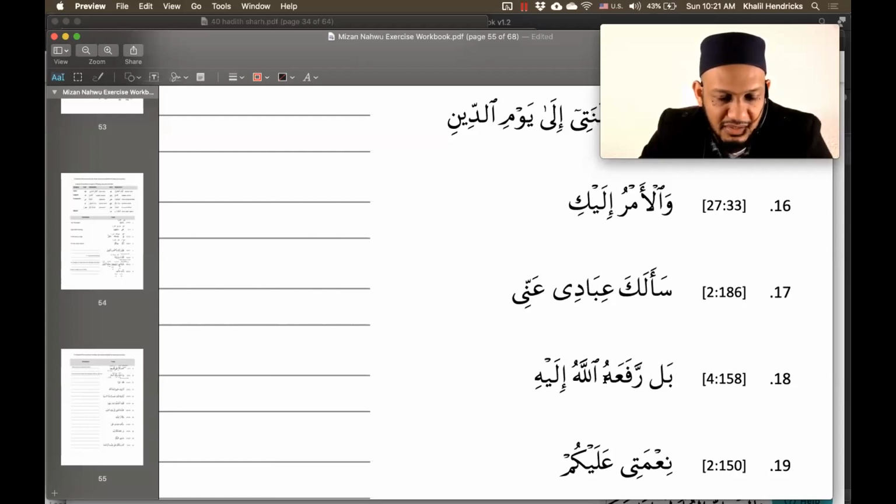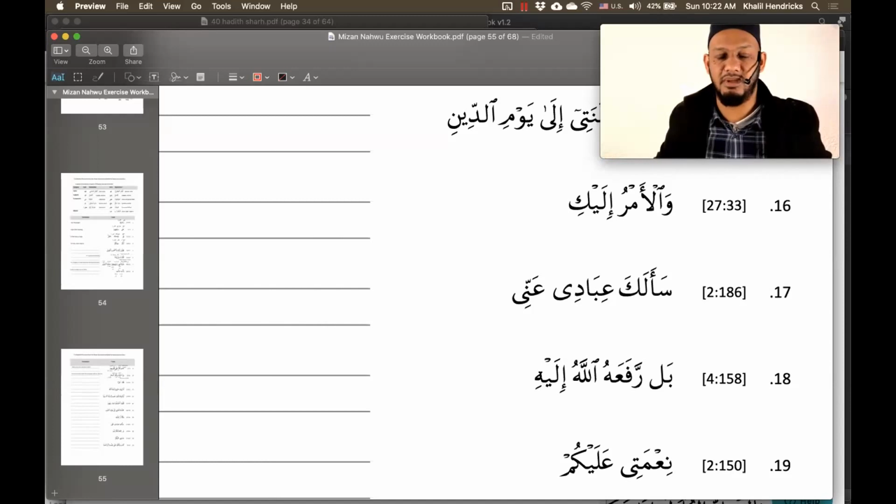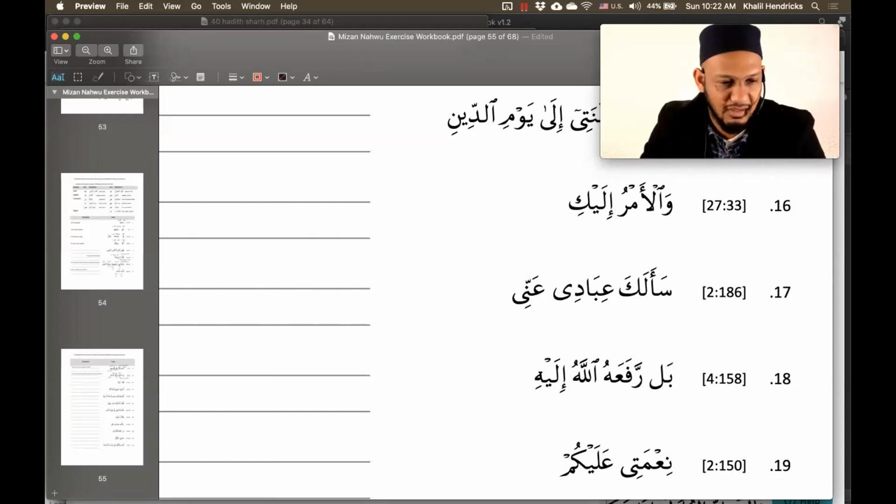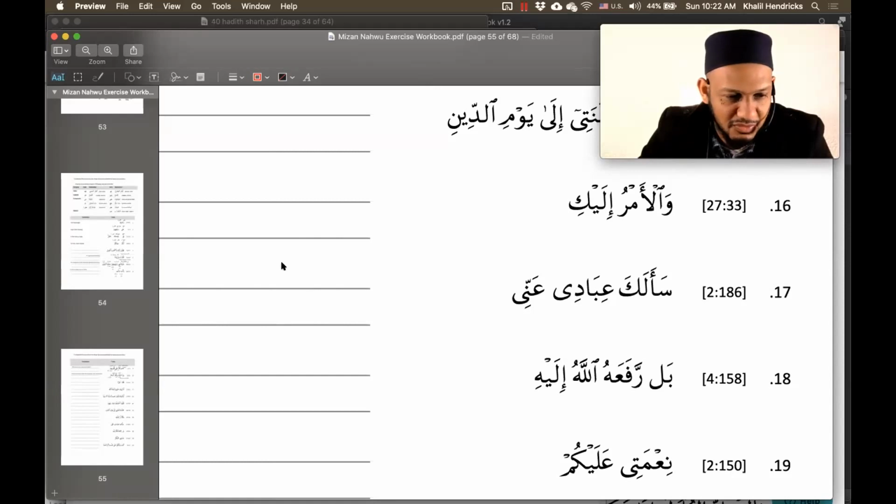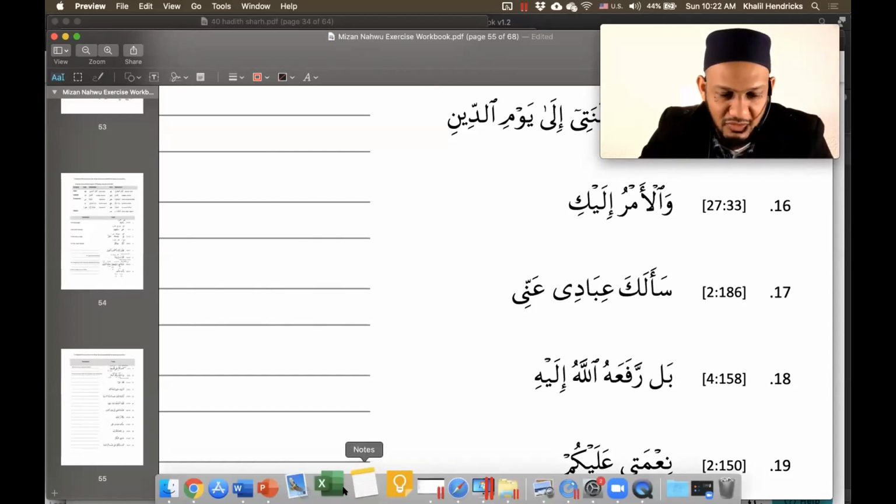In terms of meaning, bal, rather, rafa'ahu Allahu, Allah raised him ilayhi, to him, to himself. Okay, shukran. So this is speaking of Nabi Isa alayhi salam, that we believe in the ascension of Nabi Isa, that he is raised to Allah Ta'ala and that he will return to this dunya again. Okay, that's good practice. I want you to do that for homework, inshallah. I'm going to quickly give you a sarf lesson.